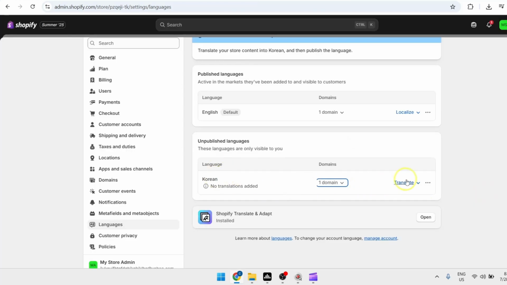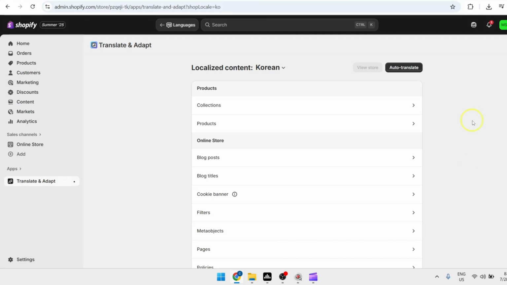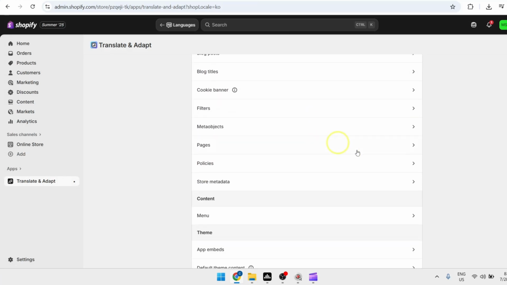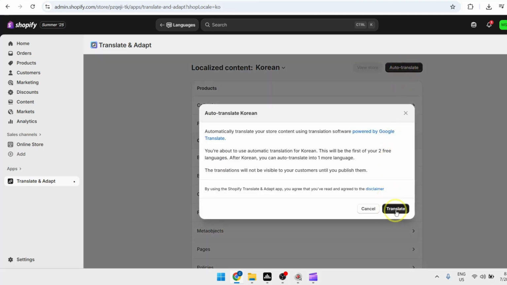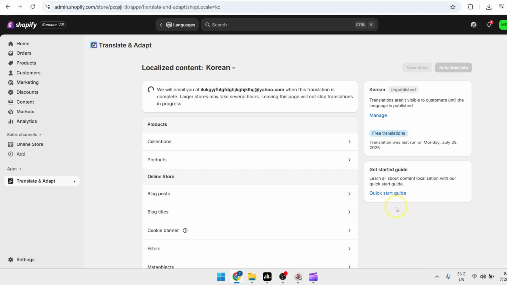And from our added language, we're just going to click on translate, then click on translate and adapt. So from here, you can customize settings about this language. Then once done, just click on auto translate, then click on translate. As you can see, this process will take time, and you should receive an email to your email address when